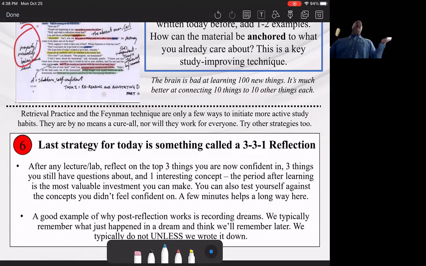And don't look at your notes. Here are the 3 things that, after maybe looking at my notes, I'm still not so hot on. And then I always throw in the final one: what was something cool today? That's it. Kind of helps. If you have that one for each class, you can always go back to that idea.